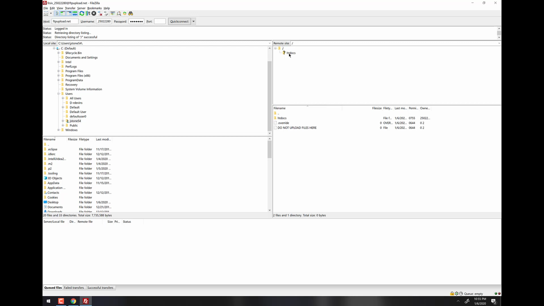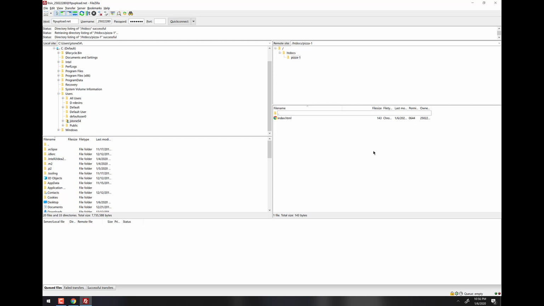And if I go into the htdocs folder, double click that, you can actually see there is my pizza folder that's inside of there. And also if I look down here, I can see all of the contents, my index.html plus the pizza folder, right? And I can go into the pizza folder right here and see what's in there, right? Then over here on the left is my local machine. Now, before we go any further with our FTP software here, I'm going to show you a couple of settings.